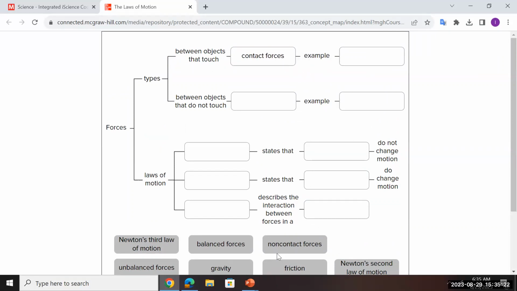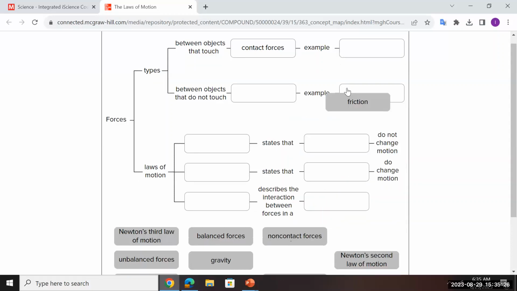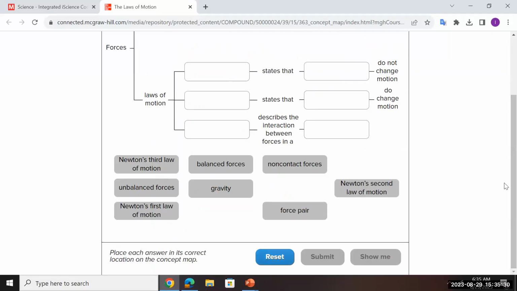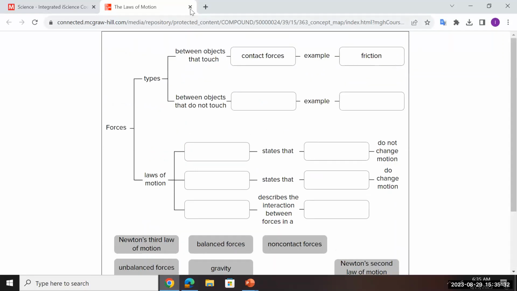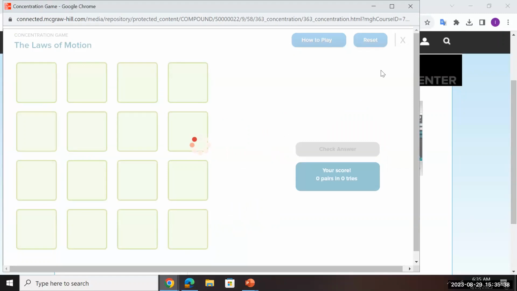So I'm going to continue here and put friction right up here next to here. And then at the end, I could check my understanding of this particular content. I have this concept map here. I have an e-vocabulary game here. So study guide usually involves vocabulary,